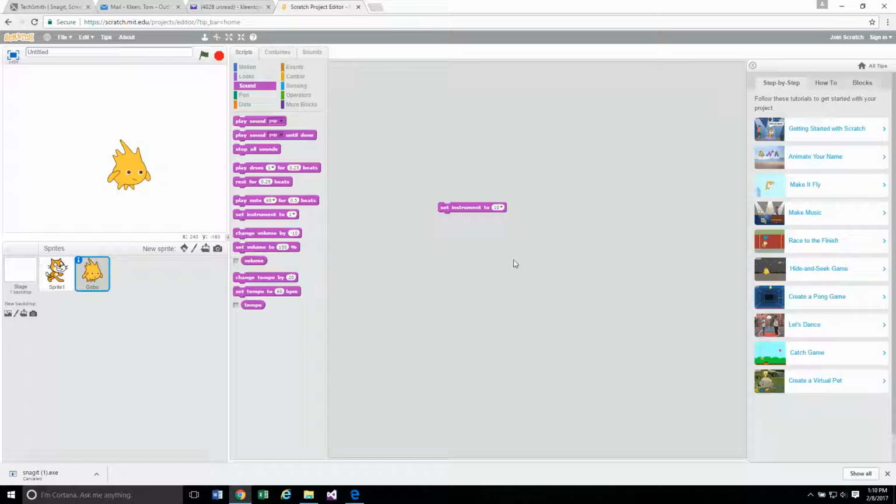Instruments need to be combined with note blocks to make a sound. This controls which note will play and for how long. And so we're going to add play note. So this is play note right here, and after we set it to clarinet,